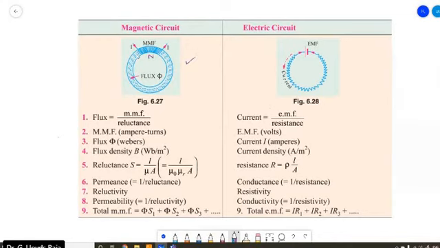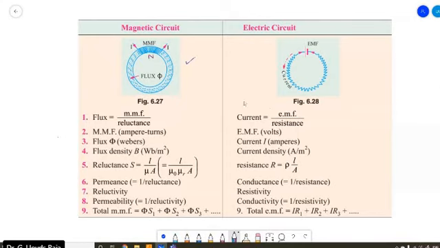this material. In fact, very shortly I am going to show you that there will be some leakage flux. At this point I am not getting into that concept. So imagine that there is a coil wound on this material. When current flows, this acts as a magnet, and magnetic flux is actually flowing through this material.